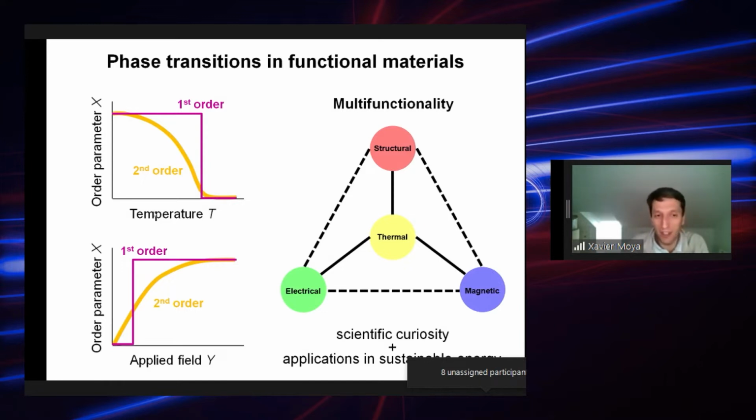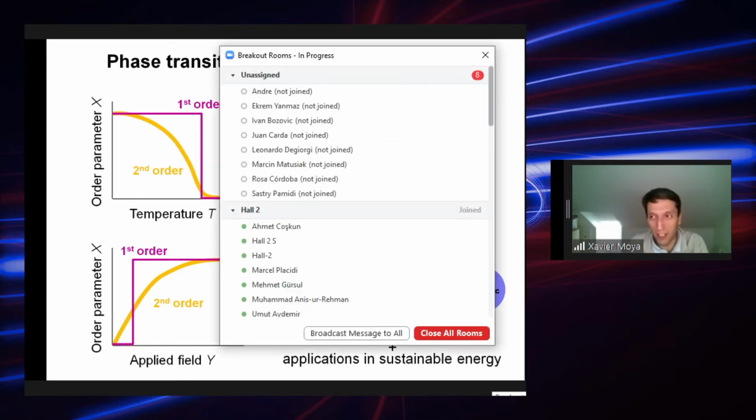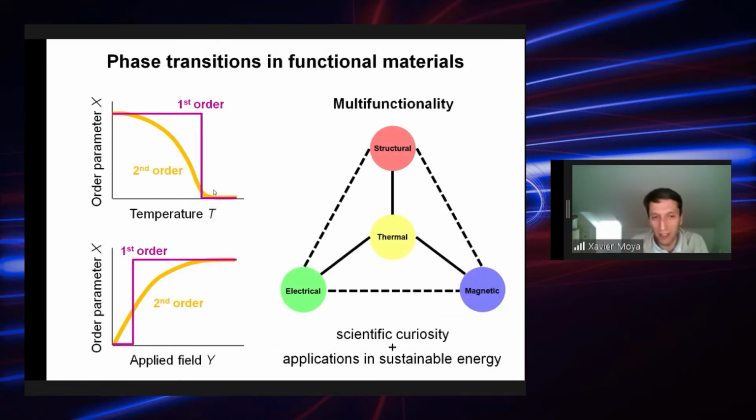And then if you plot it as a function of temperature, the difference between a first order and a second order material is that in a first order material, which here is shown in pink, the transition is very sharp. So you go from one phase to another phase in a very sharp manner, whereas a second order material has a transition that is much more continuous and it occurs over a broad